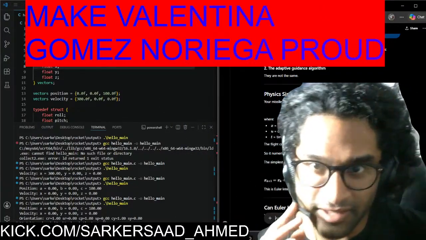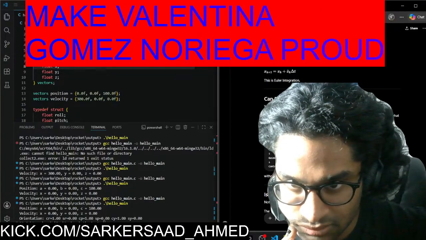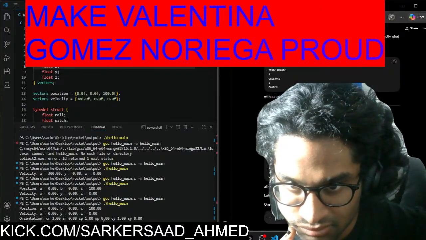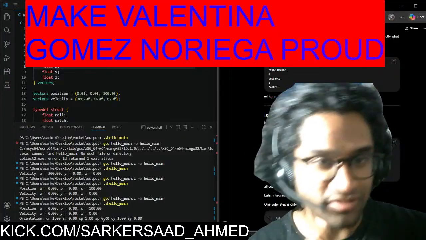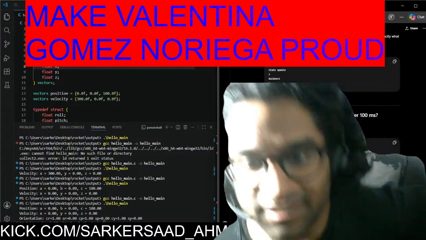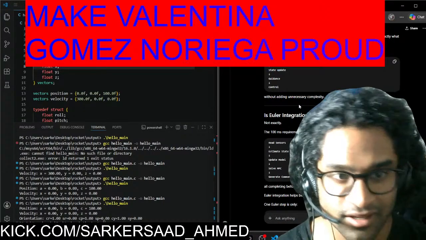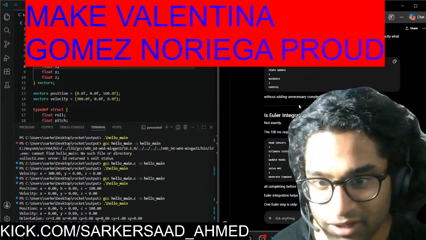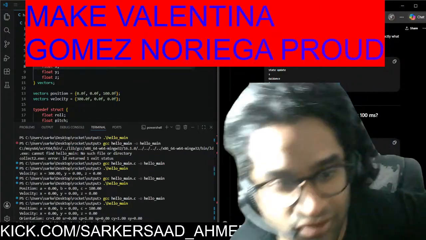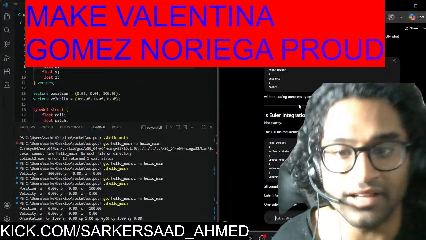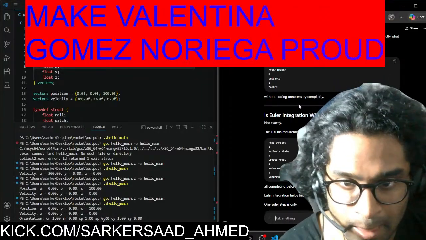Okay, they are not the same. Then what was I doing? No, I know. Obviously, it's not the Euler integration that does the 100. Euler integration is only going to update the values. That's it. But the 100 millisecond or under 100 millisecond, it's only going to read by modeling the sensors and stuff. That I know. But